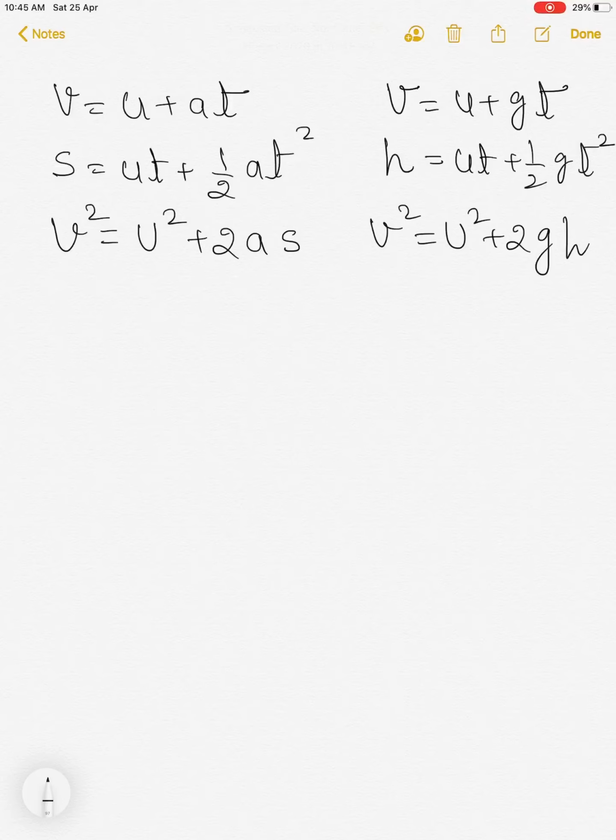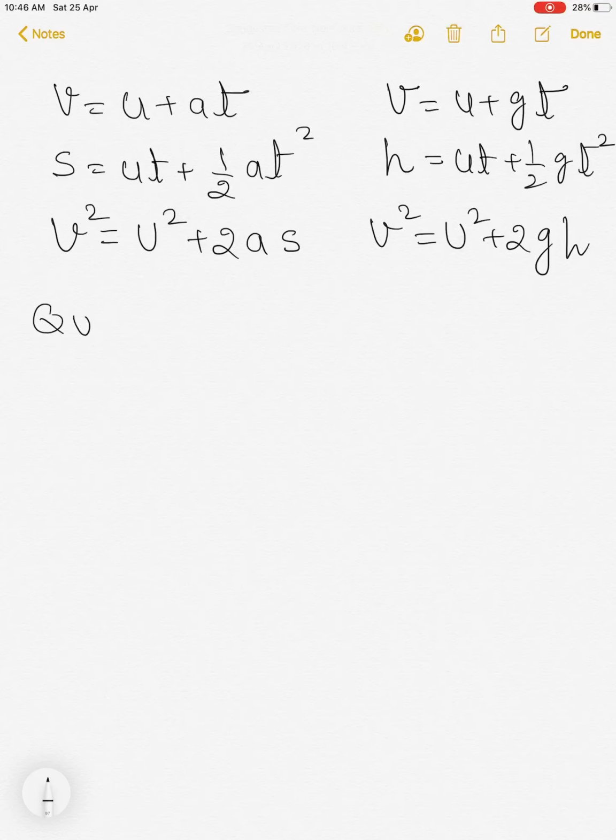So we should understand the sign conventions also, when the velocity is negative and when the velocity is positive. One direction we should take positive and another we should take negative. If the body is going upward, in the upward direction we will take positive, and in the downward direction we will take negative. So one question I am giving here,